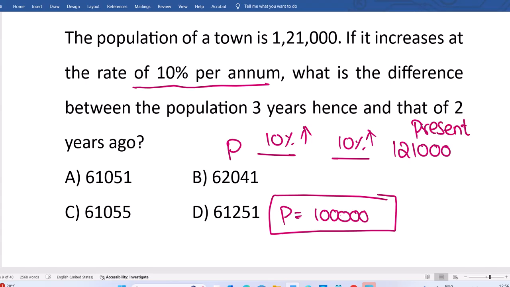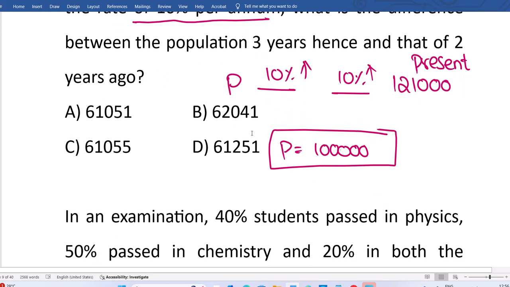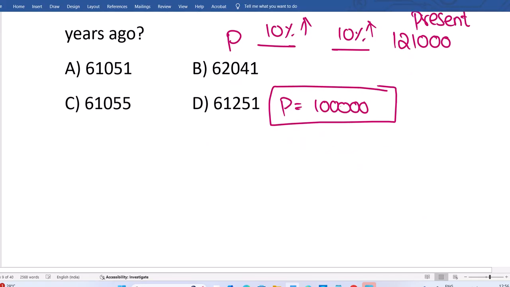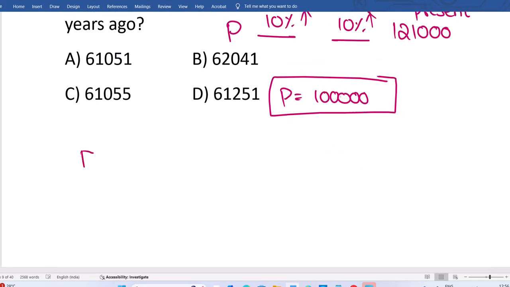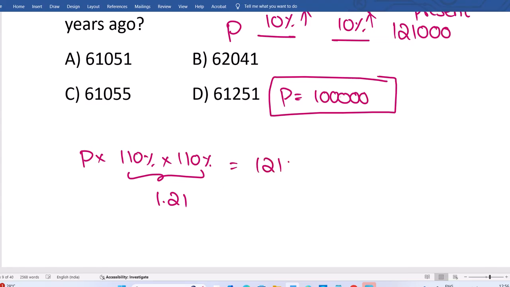How, sir? You can do P into 110% into 110%. You can do the calculation like 2 years ago population into 110 into 110, which means 1.1 into 1.1, which will be 1.21. The product is 1.21. 110% means 1.1: 110 divided by 100, 11 by 10, 1.1 will come. 1.1 multiplied by 1.1 is 1.21. Cancelling, you can find clearly this is 1 lakh. 1 lakh is the population